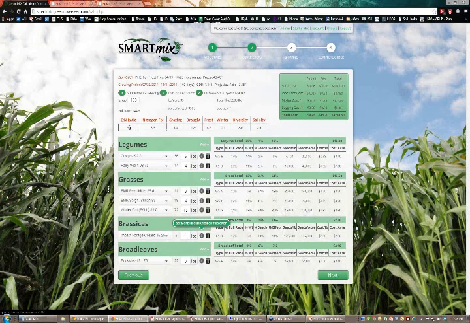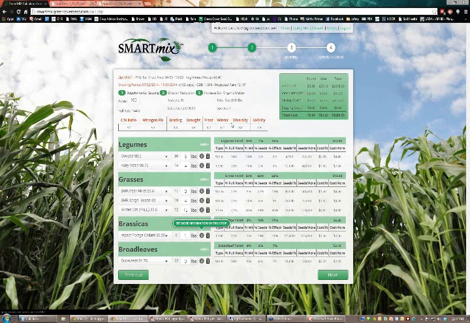That's going to be a little bit misleading in this particular mix because as my livestock graze this, the 37 is based on all of these plants growing until the 1st of November, which is when I said my termination date was. But I'm probably going to be grazing this stuff in October, so it's not really ever going to get to 37. So by grazing this mix, this carbon-nitrogen ratio will be lower. We haven't quite figured out how to adjust for that in our calculator yet.